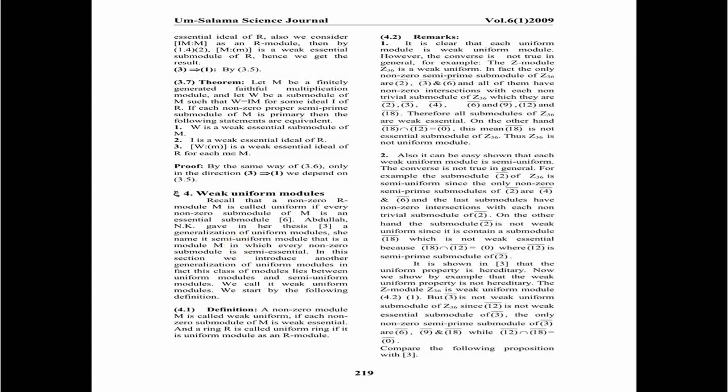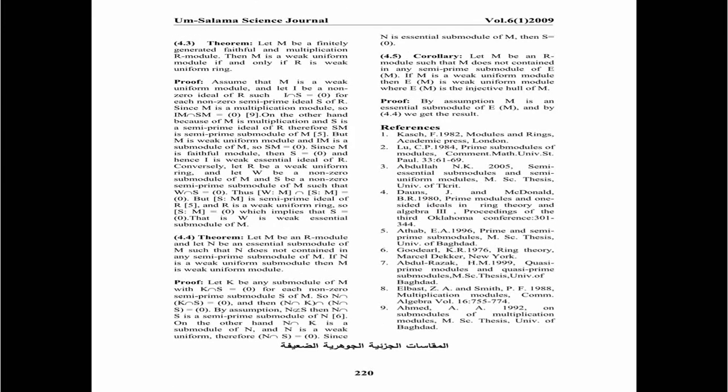Definition: a non-zero module M is called weak uniform if each non-zero submodule of M is weak essential, and a ring R is called weak uniform if it is weak uniform as an R-module. There are some examples and remarks about this concept,